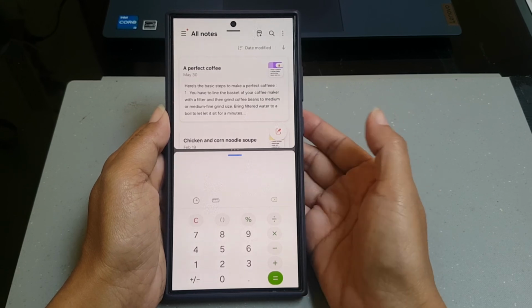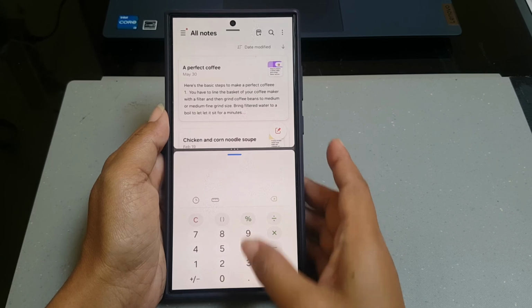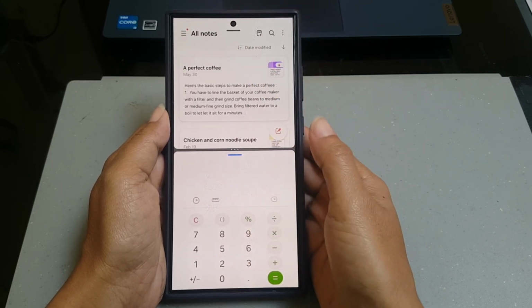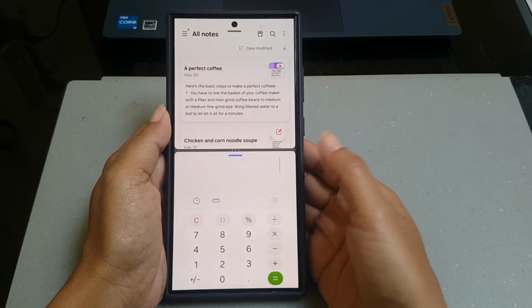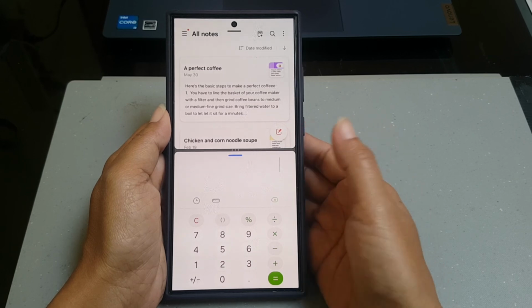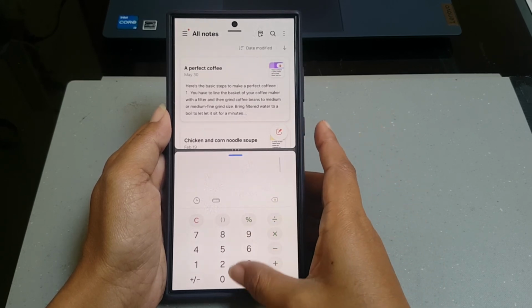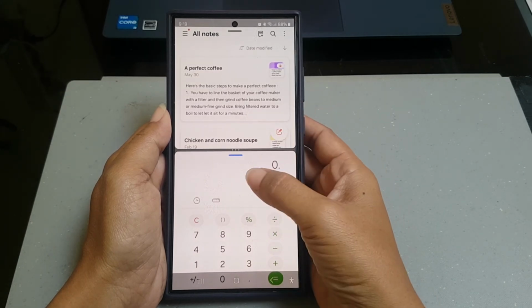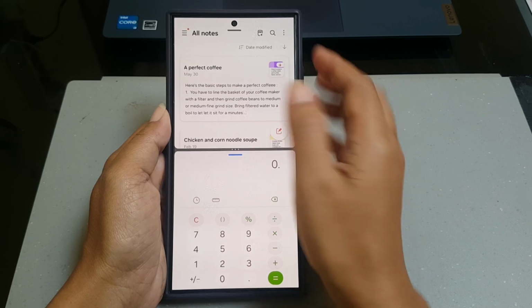You can see that when you are in split screen view, the navigation and status bar will be hidden, so you can see more of each app. If you need to use the navigation bar or status bar, you can view them by swiping up from the bottom of the screen like this, or by swiping down from the top of the screen like this.